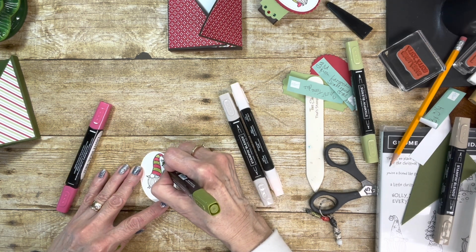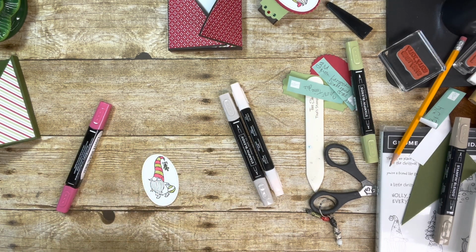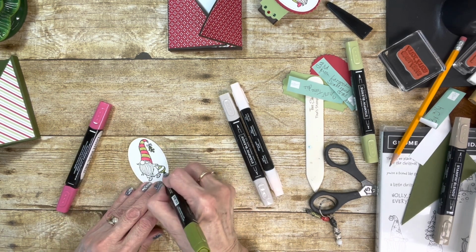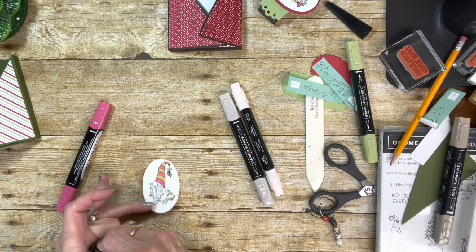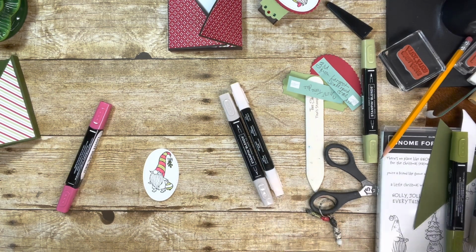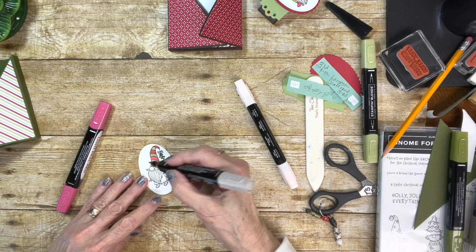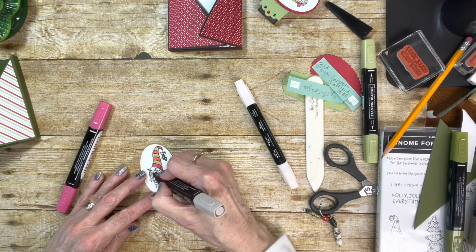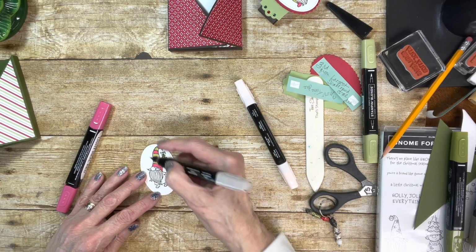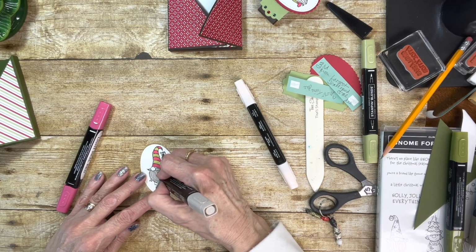Isn't it so cute? Just takes a minute to do this. It's so cute. I'm going to put this down here. There we go. Whoops. Come on. There we go. I still have sticky fingers. And then I'm going to take the light crumb cake and I'm going to color his little beard. And then when I'm finished with all of my coloring, I'm going to color over his beard with Wink of